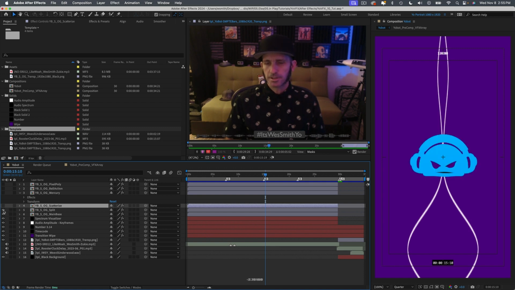Let's jump into Adobe After Effects, where we're going to take a look at a split effect, which will make my trusty assistant Yobot Squint here look like it has a mouth that moves. Then we'll take a look at Scatterize, which breaks it into a bunch of particles. We'll take a look at Mercury, which will make it look like a bunch of mercury liquid kind of floating